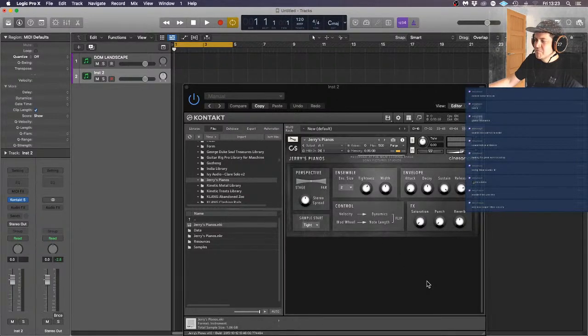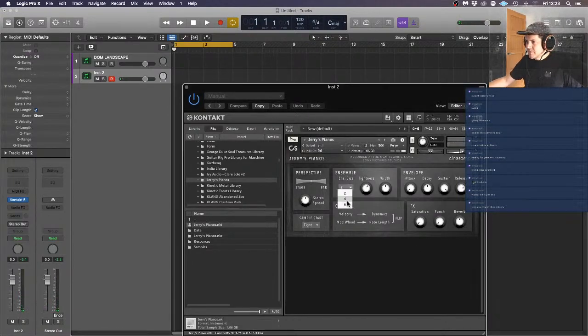It's an ensemble of pianos, but it's only in the low end. So it starts at middle C and goes right down. So you can pick up to 6 pianos and